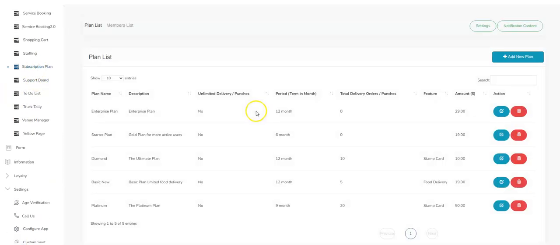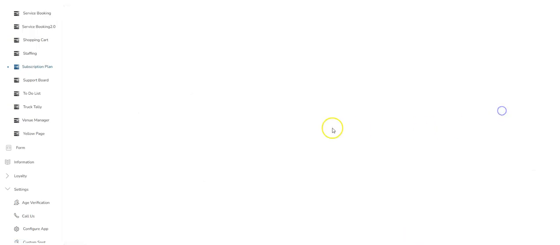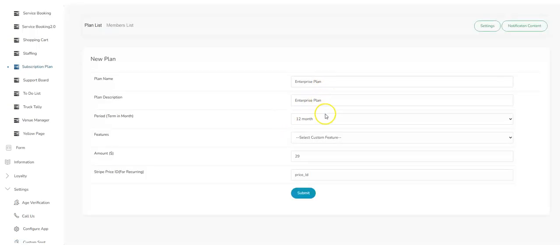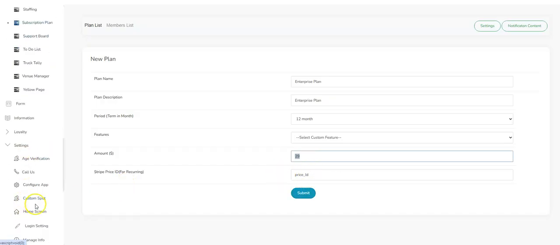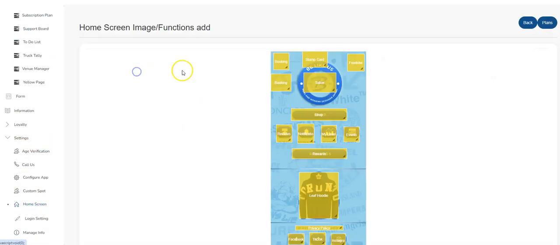So I didn't show you that here. So you've got the enterprise and the starter plan. It's not connected to any features here. Same kind of idea here. Give it a name, pick a term. It's not connected here. What you're selling it for, and then the Stripe ID. And then when you're coming back to your home screen here,